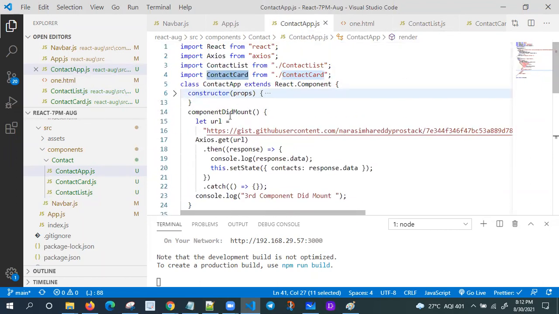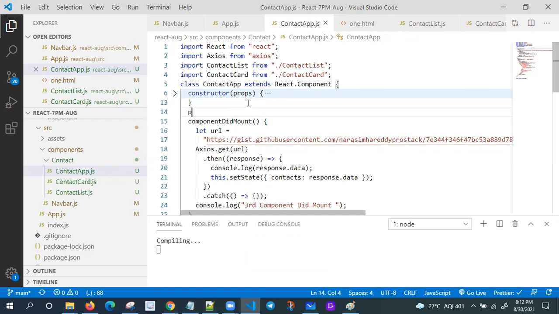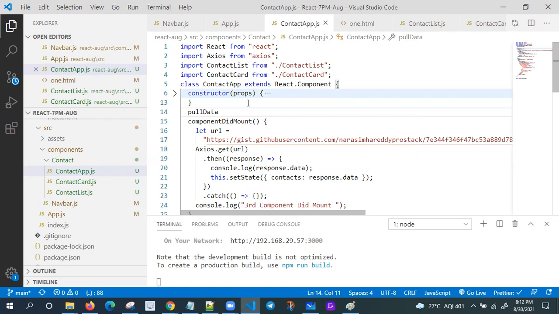I told you variable as a property, array as a property, object as a property, and method also as a property. This is where we'll use the method. Let me write one method, pullData.